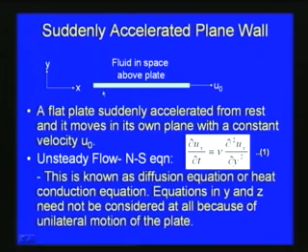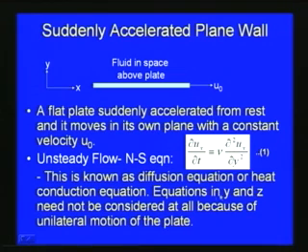For this typical case, the governing Navier-Stokes equation can be transformed and written like this: del ux by del t is equal to nu into del square ux by del y square, where nu is the kinematic viscosity. This is the transformed form of the Navier-Stokes equation for this typical problem. This equation is actually the diffusion equation or heat conduction equation.